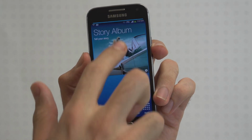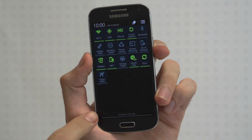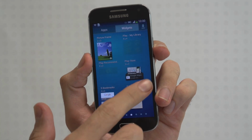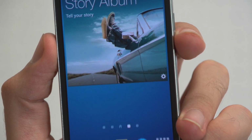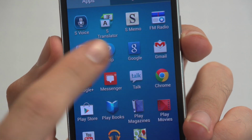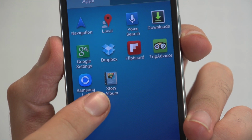More customizable in many respects, it does also stagger a lot more in areas like the gallery, making it something of a mixed bag. Samsung does cram in some additional apps like S-Translate and Story Album, arguably cramming more in